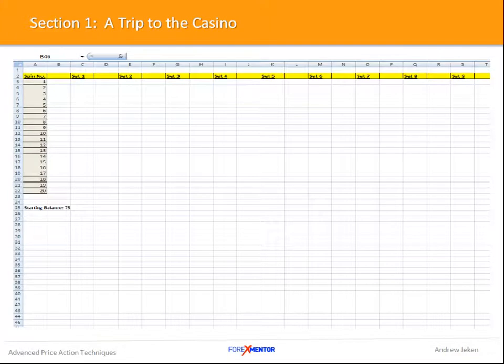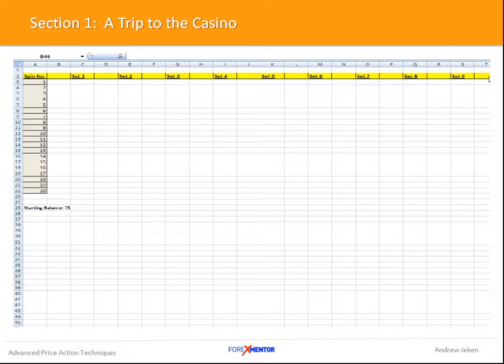What I have here is a simple spreadsheet, and all I've done is labeled the spin number from 1 to 20. These are going to represent our sample, or our spins on each set, and you can see I've also labeled sets 1 through to 10, 10 being on the right hand side here.